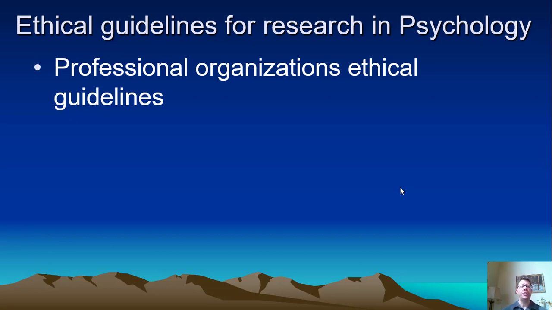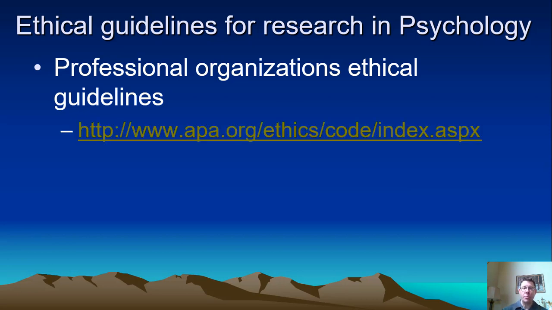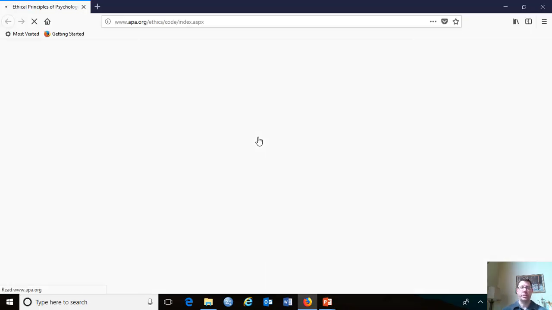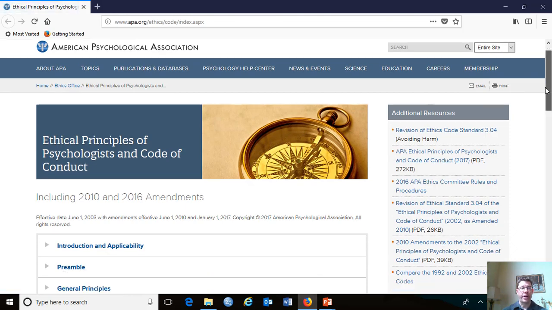First of all, in psychology, there's a couple different national professional organizations. There's the APA and the APS, and they each have their own ethical guidelines for researchers to follow. The APA is kind of a blend of psychologists that do research, but there's also a heavy emphasis on practice. Therapy is a big emphasis of the APA, and so their ethical guidelines are not only for researchers, but also for therapists in how to conduct ethical therapy.